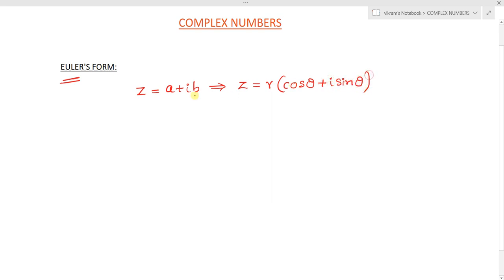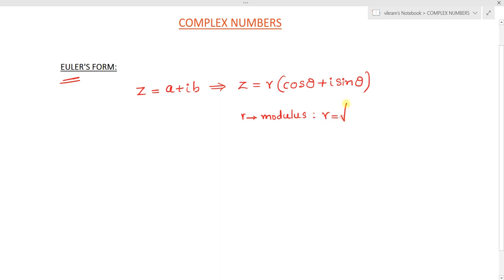The same complex number z equals a plus ib can also be expressed as z equals r times cos theta plus i sin theta, where r is the modulus of the complex number,